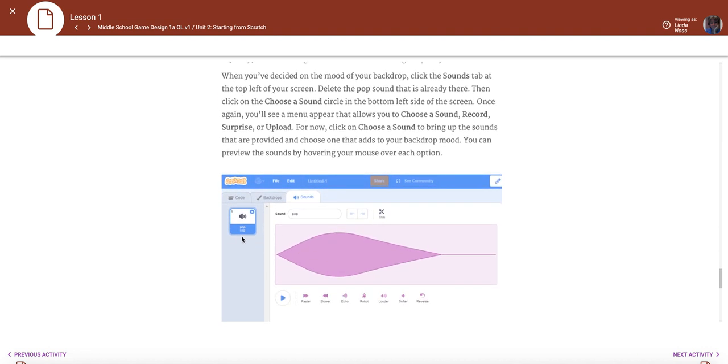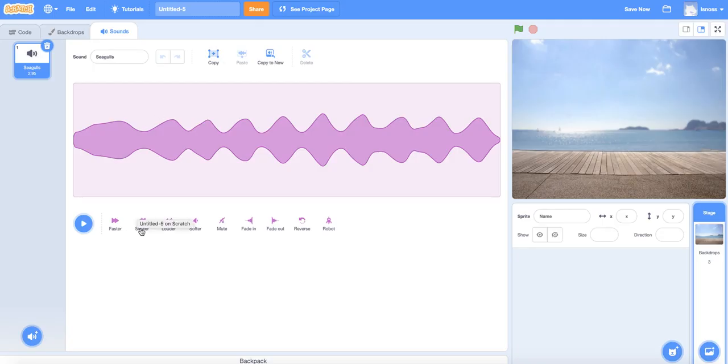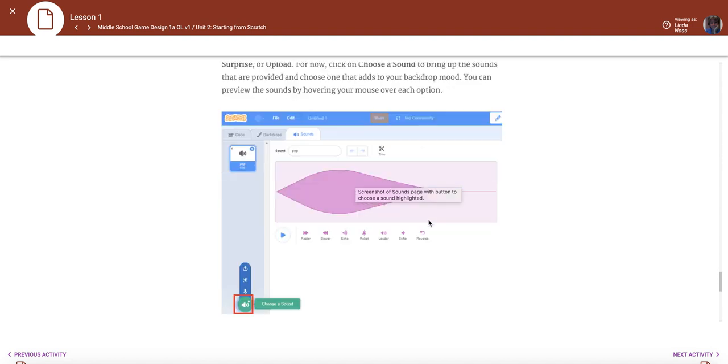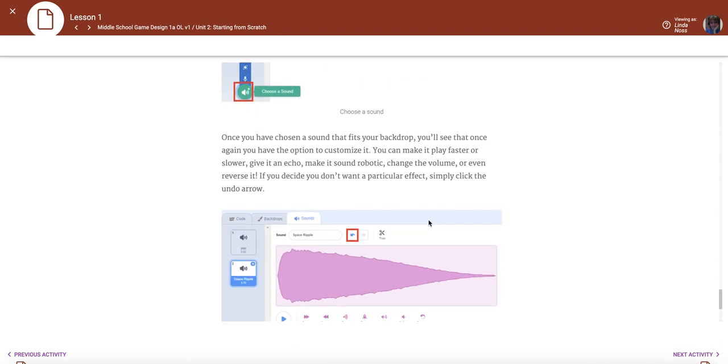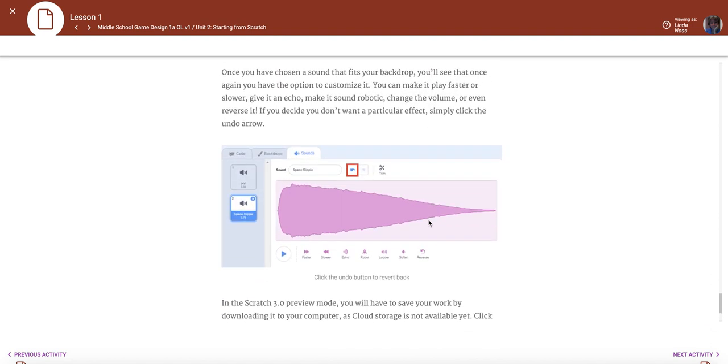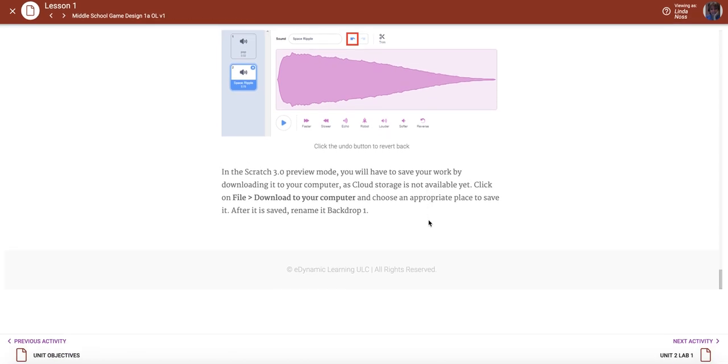and then you can see there's a menu when you choose a sound. You can edit the sound. You can make it go faster, slower, mute it, fade in, fade out, whatever you want to do. So that's something you can play with if you like. Customize it,